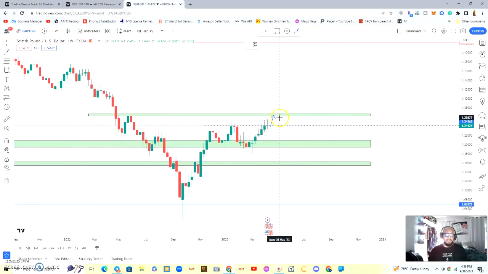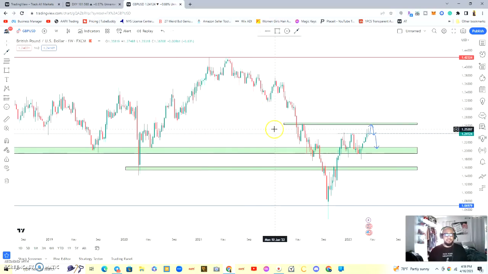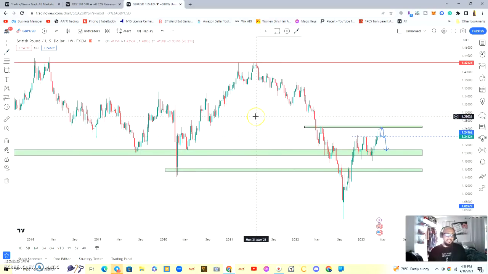And if it does that, once it reaches that zone, it's very likely that price will respect resistance and start to push back down little by little, maybe coming right back down towards the 1.2050 area. It's likely for that to happen,